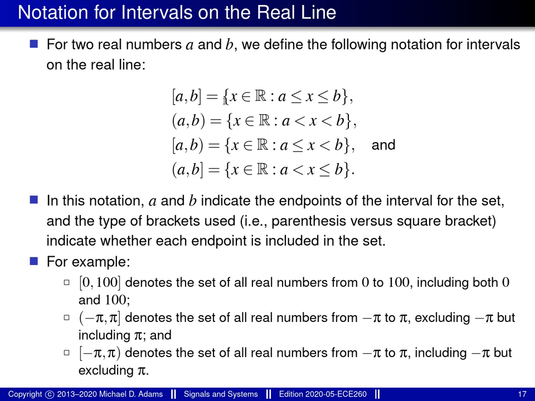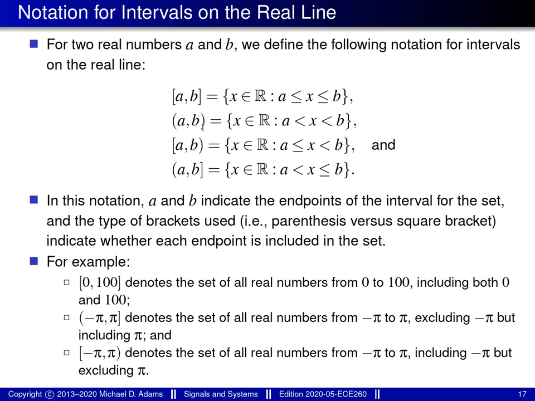In other words, in terms of formal set notation, we have all x that are real numbers such that a is less than or equal to x, less than or equal to b. In other words, it's all values between a and b, including a and including b. This notation here where we have round brackets around the a and the b, the only difference is that the endpoints of the interval aren't included. So this notation here denotes all real values between a and b, but not including a and not including